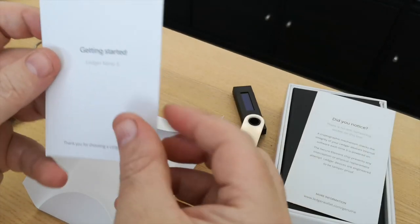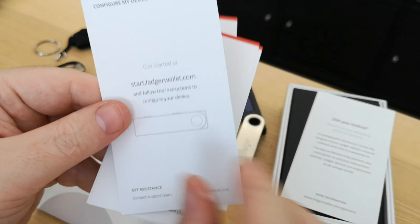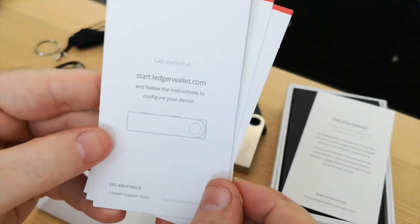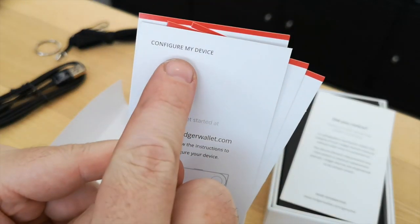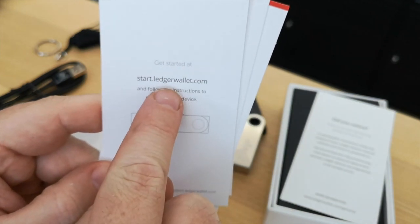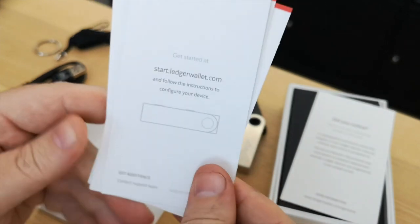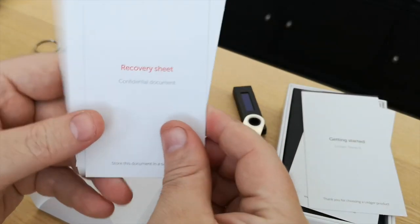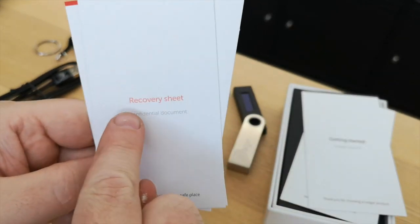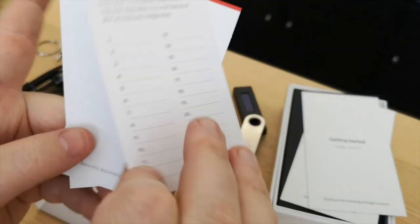There's also a little getting started guide, which is basically just a website. So that's the website that you'll need to go to install and configure everything and get started with it. And we'll get back to that in a minute and show you the actual site and how to configure and install your device. The recovery sheet, this is very important because this is where you write down your 24-phrase secret